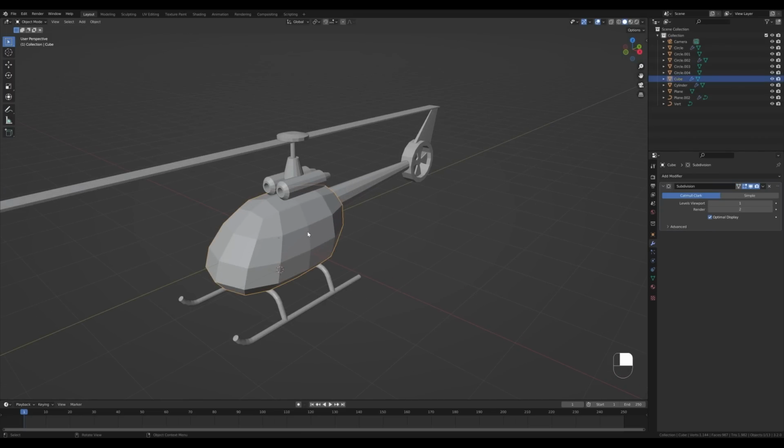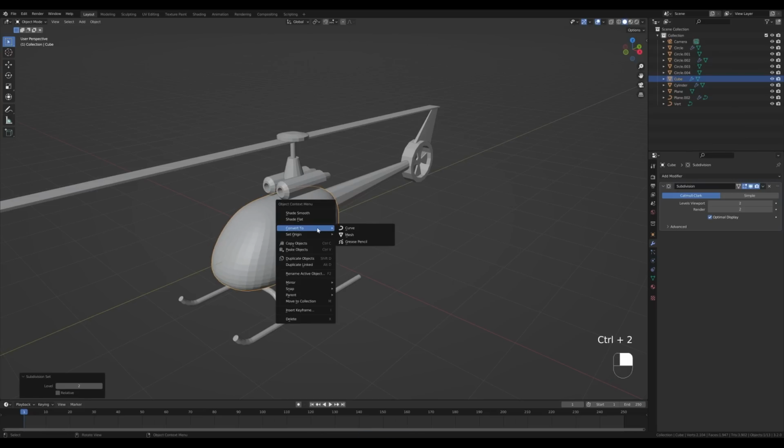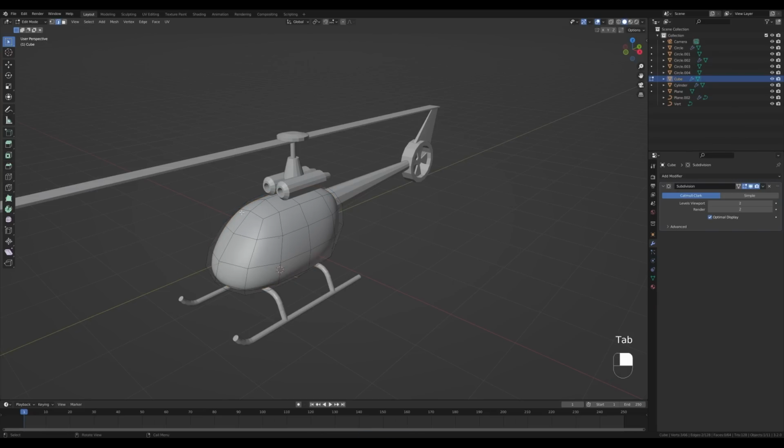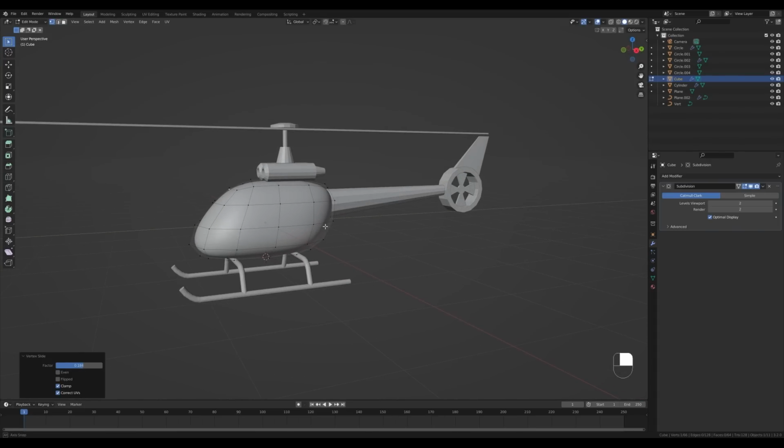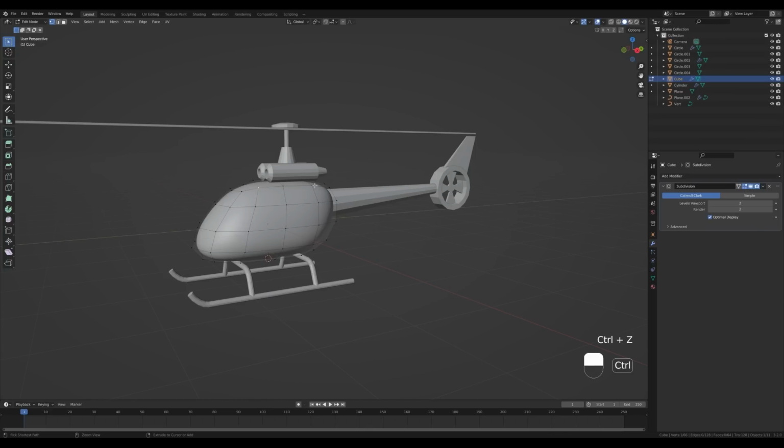more smooth. So let's select the body here, and first of all I will apply this subdivision and add another one. So let's press Ctrl 2 to add a new subdivision modifier, right click and shade smooth. Now tab in, and you can see we have this original mesh in place after the first subdivision. So we can select this vertex, for example, and slide it down by pressing G twice, and some of these